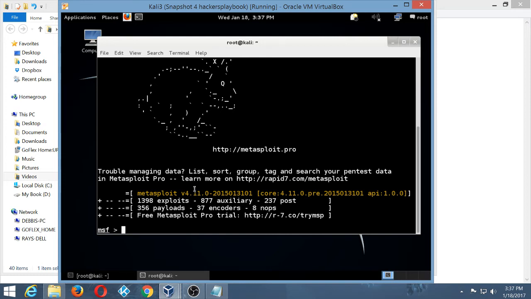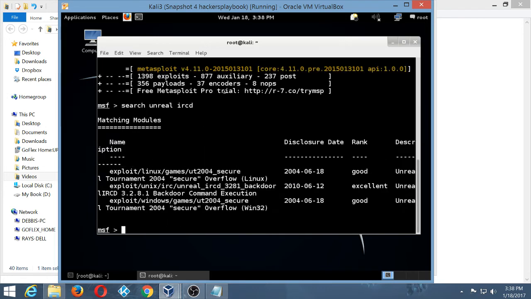Why? Because Metasploit already comes with a ton of exploits built in. In other words, if something is being exploited today and it just got found out today, it's very highly likely that Metasploit already has a module for it. It's always up to date. It's awesome. So what we're going to do is search for Unreal IRCD, because we had found, based off of our search here,